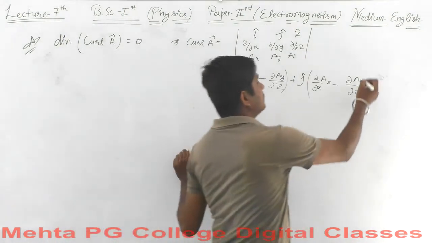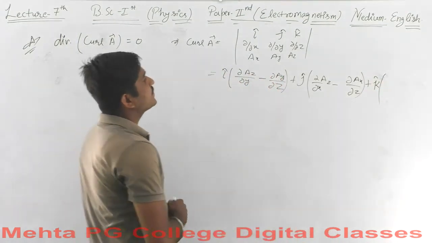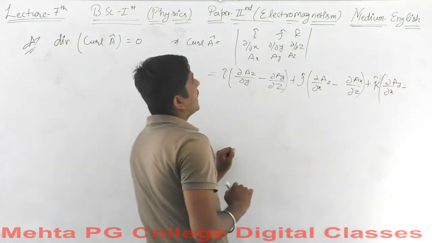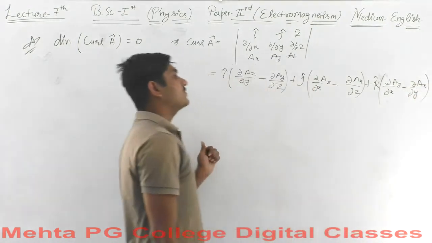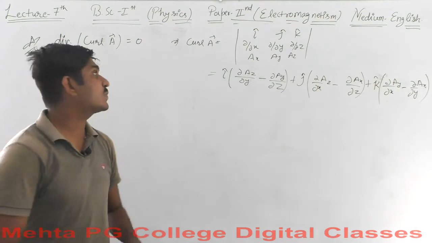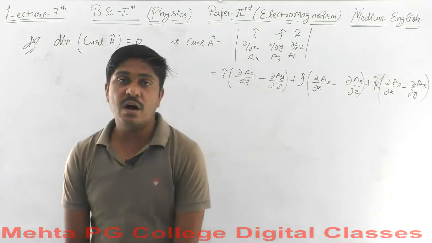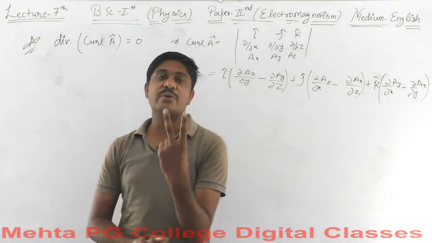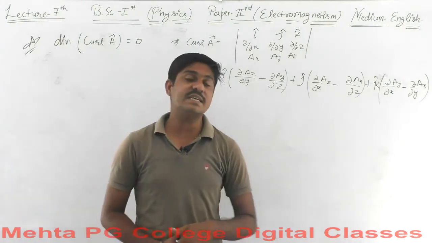Yes, we are in the same order, plus k cap. The value will be ∂/∂x for ay minus ∂/∂y for ax. So this will be the value of the curl of a vector field, and every time you proceed for the curl of a vector field, you will end up having a vector quantity. So every time you have a vector quantity, you can calculate two calculus dimensions here, one of which is the divergence and the second of which is the curl.